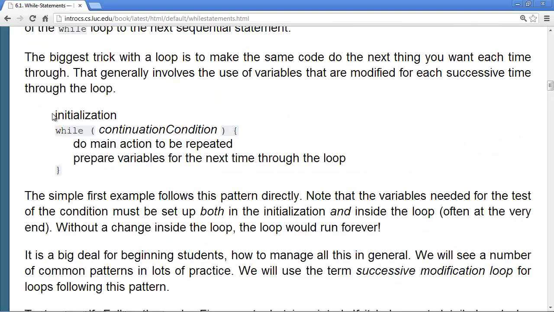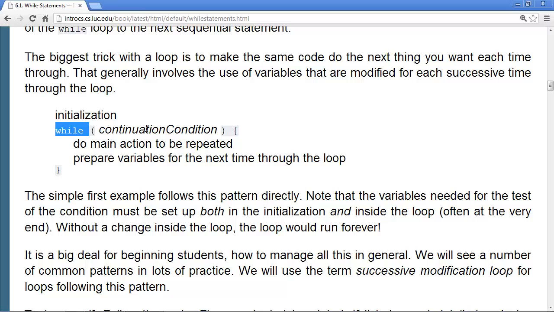Here's a general rubric that's useful to think when you realize you need repetition and you're just getting started and you want to think of it one step at a time and not all at once. If you're going to have repetition, at this point we're going to have a while loop, which will have a continuation condition, which will certainly involve some kind of variables, something that can change, or the loop will go on forever. And generally, whatever you're checking has to have a value already. There needs to be initialization. There may need to be initialization for things that are used inside the body too.